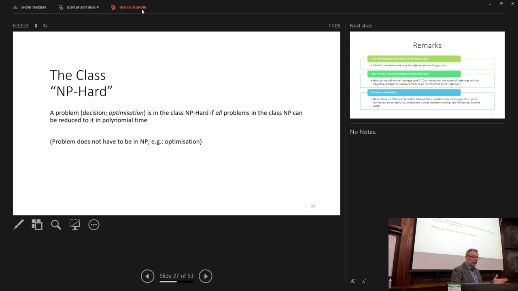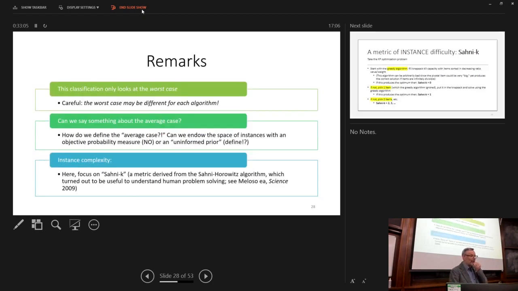Some people use the term NP-hard. That's a more general term. Basically, it's the hardest of all these problems. And they don't have to be decision problems. It can be optimization problems. All right, so the reason I give you a little bit of the theory on this slide: